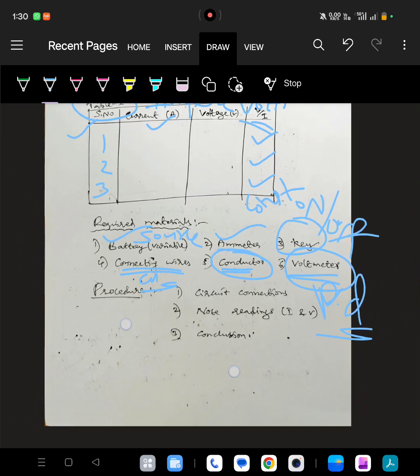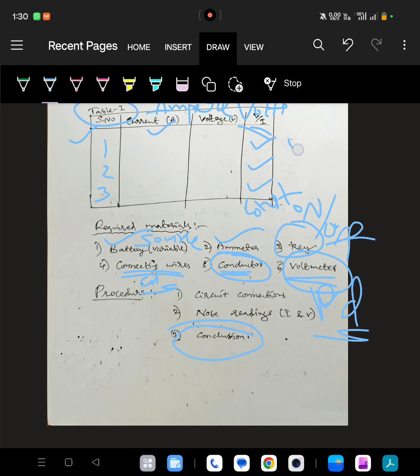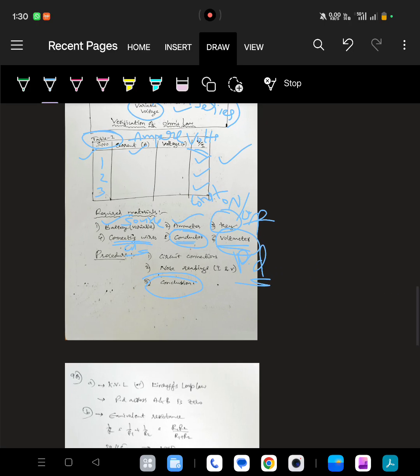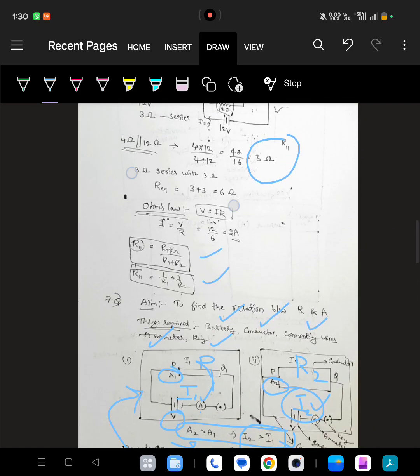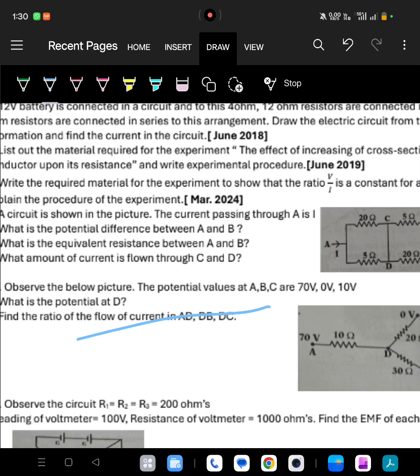So what conclusion did we get? The voltage to current ratio is always constant. That's all. This is the answer. We have to mention all these points. Next,